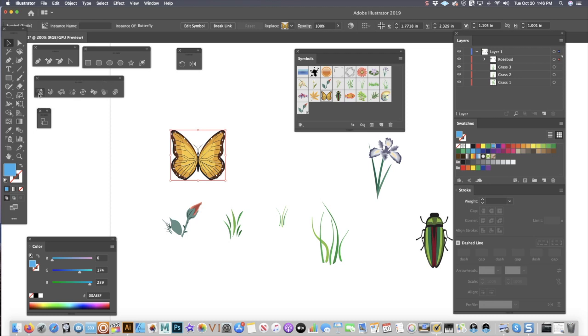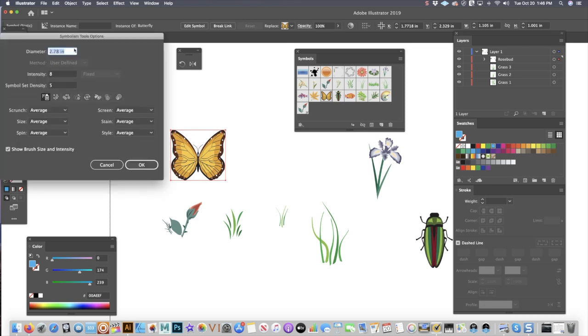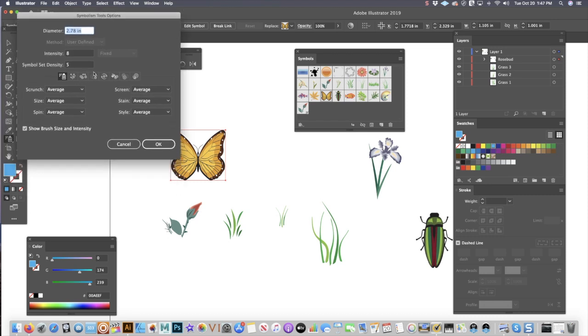I've selected the butterfly. This is the symbol sprayer. If I double click on the tool, I can get to options. As with most tools, here's intensity at the very top, density, so just play around with those. My diameter is very important. Maybe I'll just make it smaller, so my brush will be 1.78, even though it really